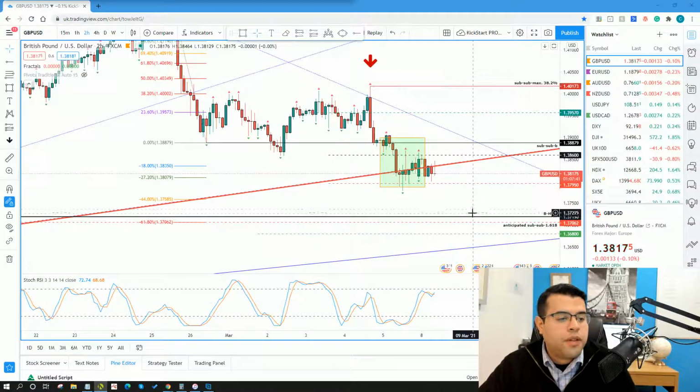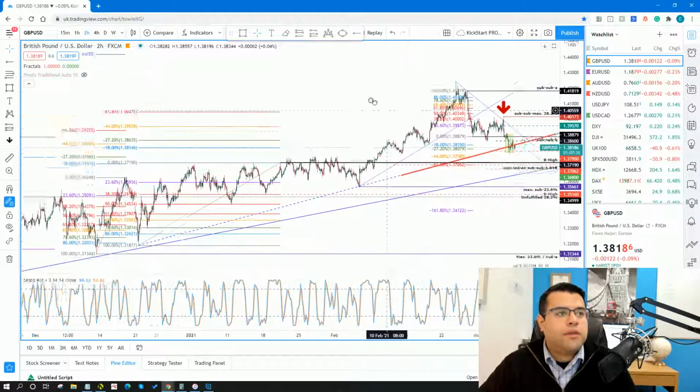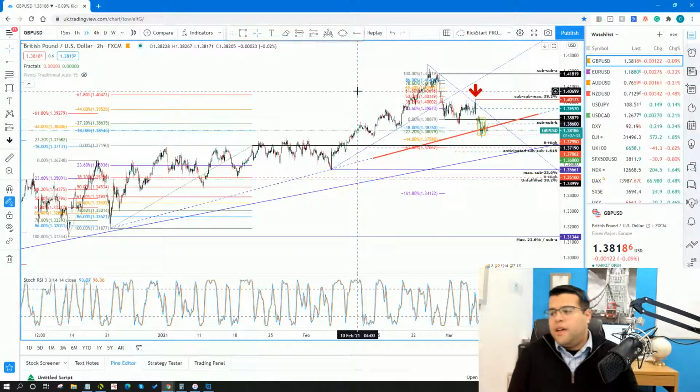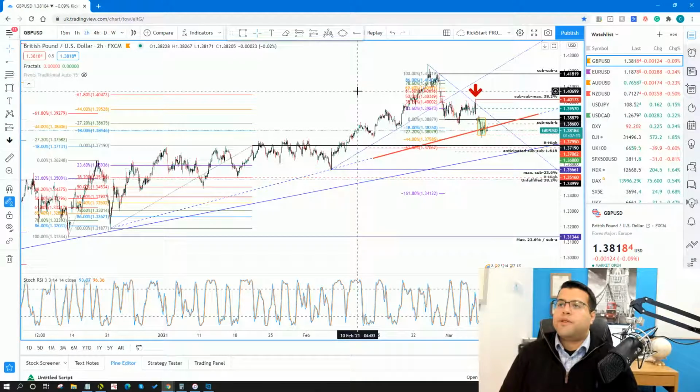Okay, that would point to a continued sell. Now, there's a couple of additional reasons to be in favor of a continued sell. First of all, we are in an uptrend here overall, but we've broken not just the innermost trend line, we've now broken the secondary trend line. We've come back to the back side of that secondary trend line. We've tested it, okay? And at least for now, again, this could change, but at this very moment in time, it appears as though that trend line does appear to be holding as resistance, okay?